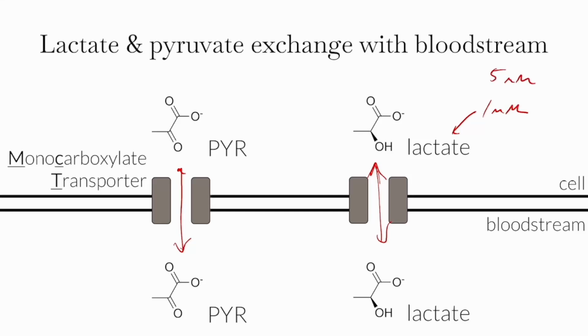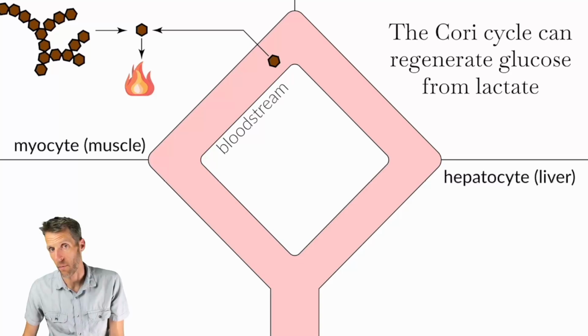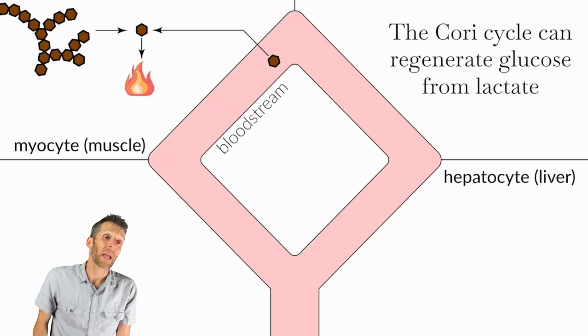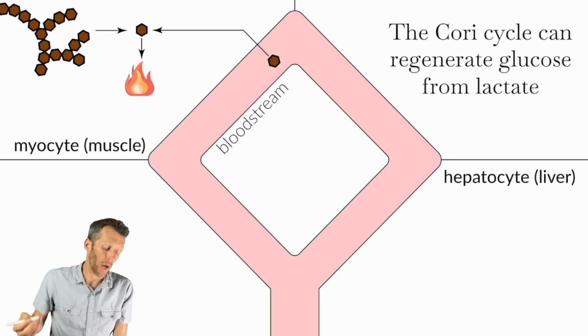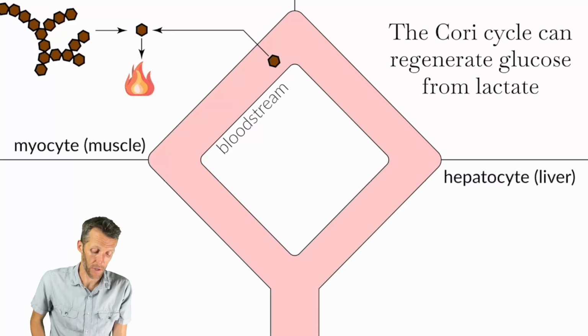So it's nearly as high concentration as glucose. And pyruvate is about 0.05 millimolar. So lactate is one of the bigger contributors to our overall blood chemistry as far as carbohydrates are concerned. If we are doing a lot of lactic acid fermentation, for example, we are working out really intensely and we are not getting enough oxygen to our muscles to run aerobic respiration,